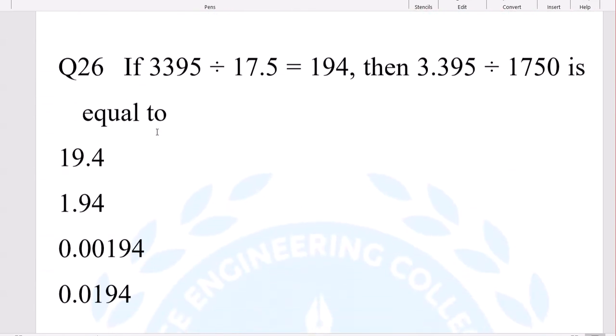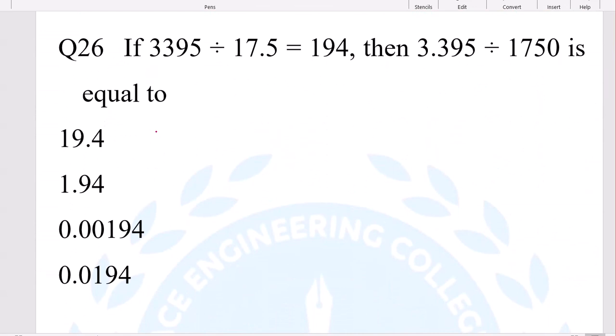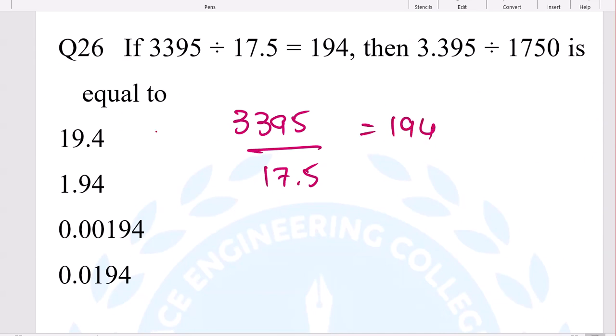25, okay. 26, see, they have given already what this calculation is. Divide by 17.5. That is 194, or not, let it be. Actually, it's 194 only. They have given it already. Now the question is 3.395 divided by 1750 should be equal to what? Right. So see, in the denominator there is one decimal. Now here